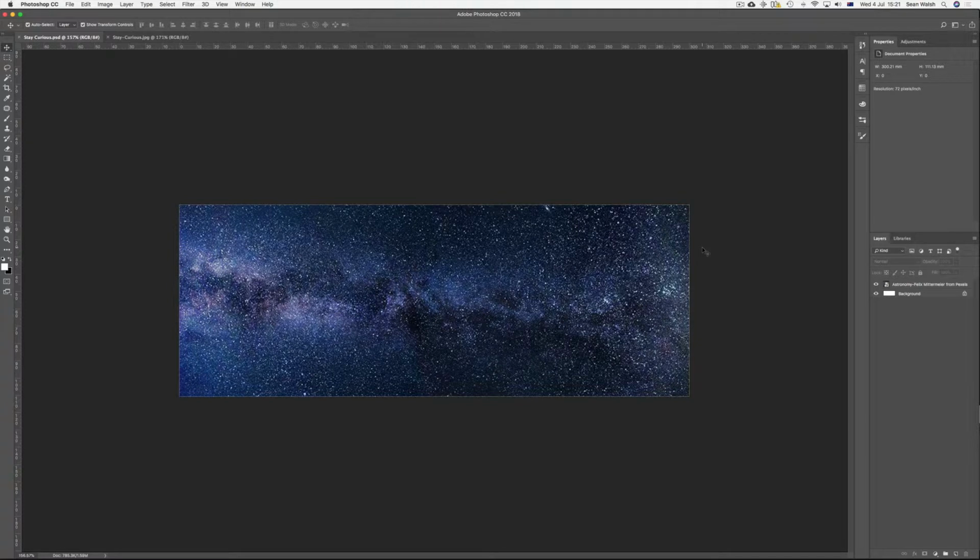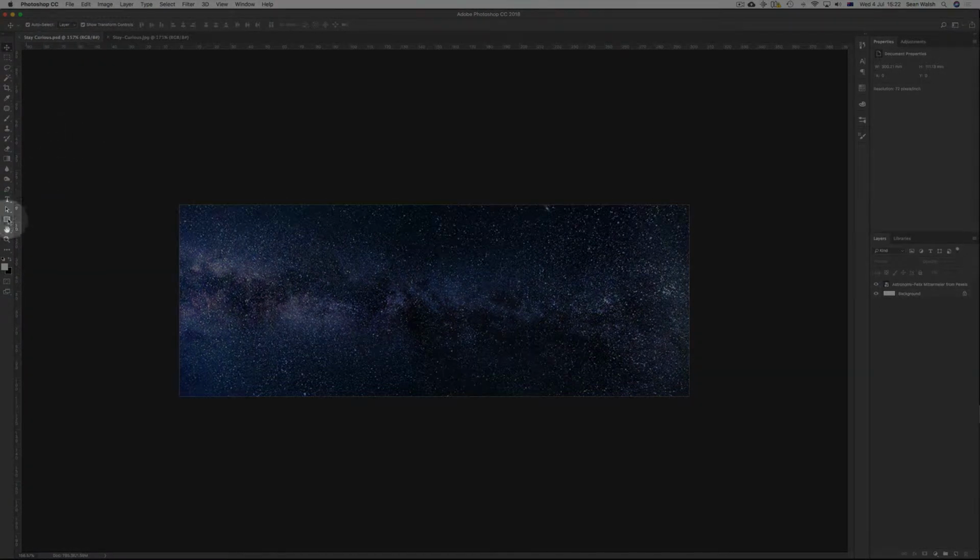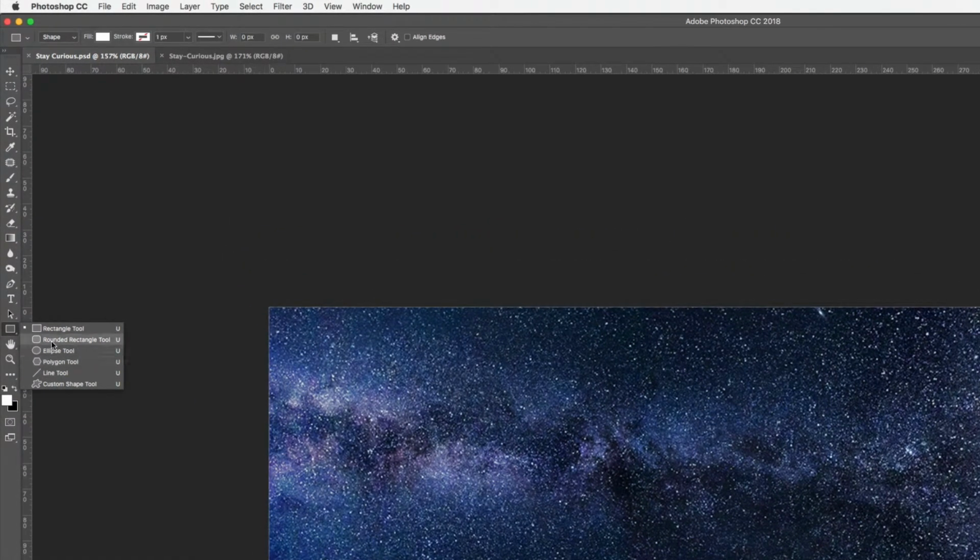Okay, so to start with, we're going to create a colored rectangle that we'll use in the background, and we'll change its transparency, and we'll take a look at how to do that using our layers panel there on the right. So to create a block of color, I can come across to my toolbar, and I've got my shapes that are listed here at the bottom of the toolbar. Now the first one is my rectangle tool, so I'm going to select that one,